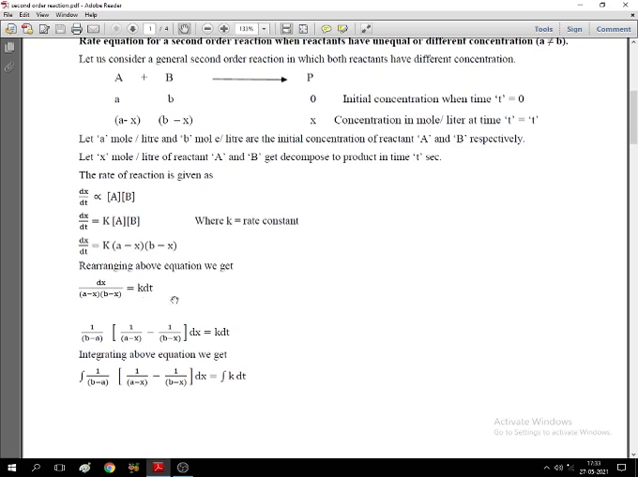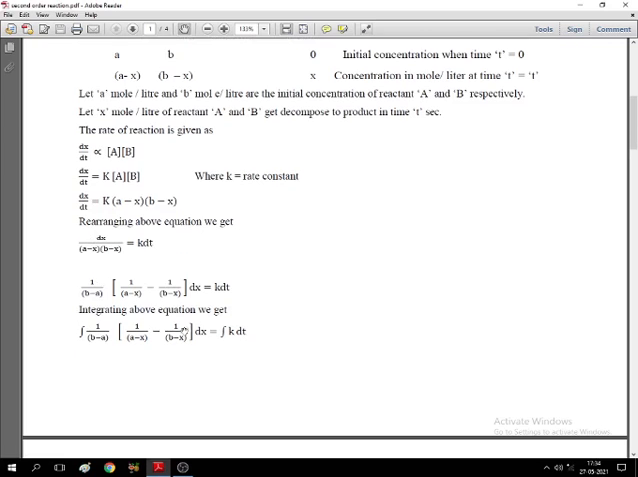Now, this equation can be rearranged and written as 1 upon B minus A into bracket 1 upon A minus X minus 1 upon B minus X bracket close dx is equal to k dt. Now, if you solve this, you will get this equation. Now, integrate the above equation: integration of 1 upon B minus A into bracket 1 upon A minus X minus 1 upon B minus X bracket close into dx is equal to integration of k